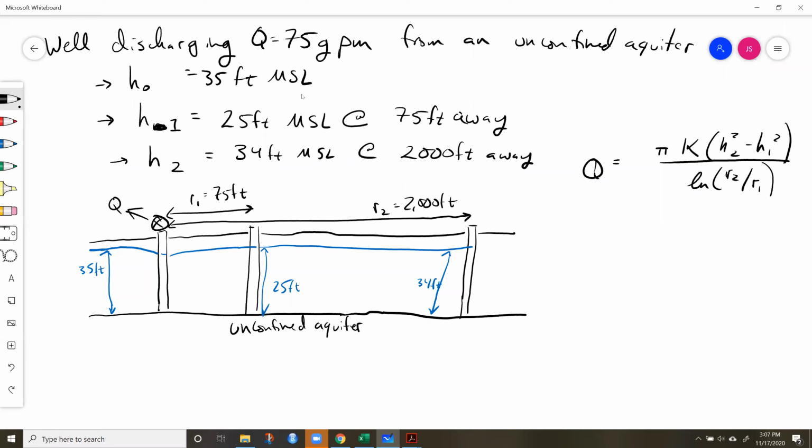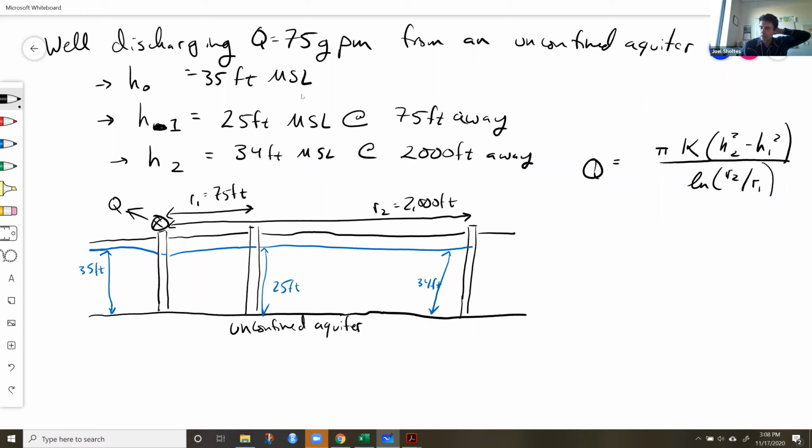Correct. So you can do this problem with just 2 wells where you have the drawdown level inside the well itself. And the radius you're going to use is the radius of the well. So if it's a 6-inch diameter well, then your radius is 3 inches. In this case, we're doing 2 different wells far away. Maybe it's hard to actually measure the water elevation in the well you're pumping, right? And so our R1 in this case is the distance, and our R2 are the 2 distances away.